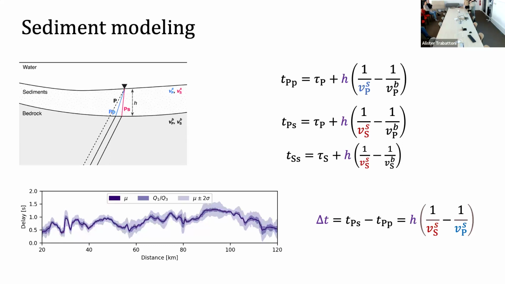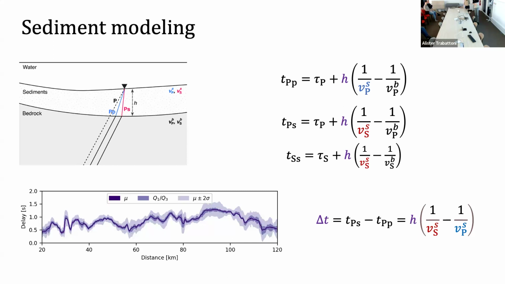So, for example, the regional models would give you this time of arrival supposing that there is only bedrock. To get what you have with the sediment, you need to remove the time spent in this bedrock that is not sediment and add instead the lower mass, which will give you this set of equations. The only thing which is interesting is that we have basically a linear dependency with the thickness,